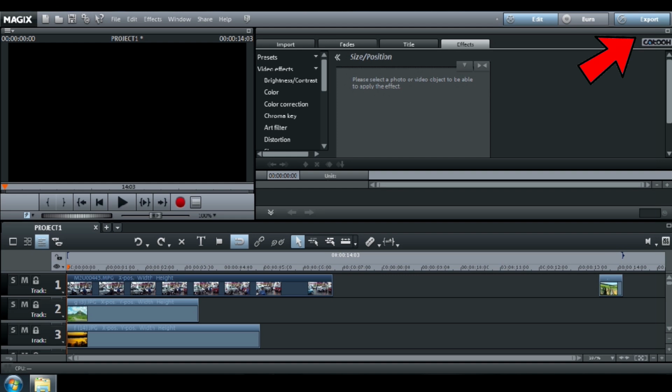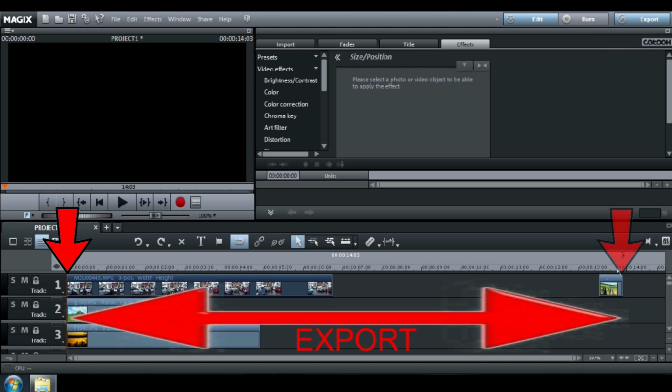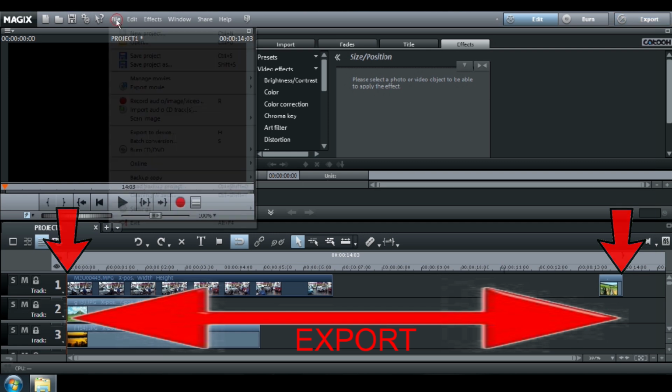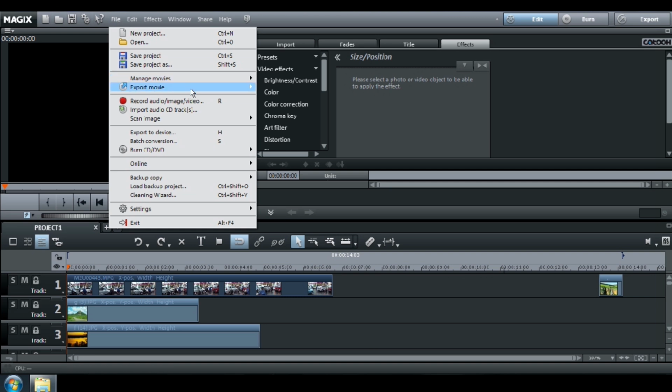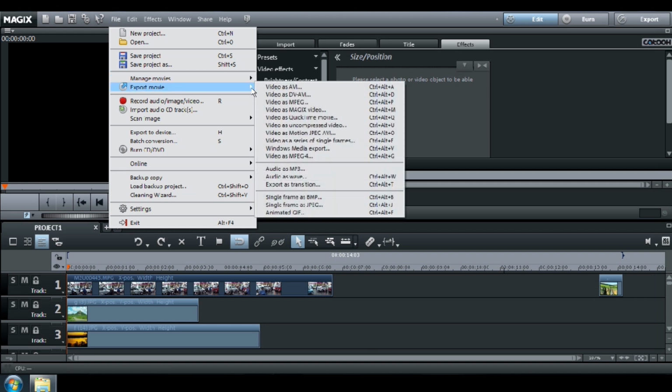Be careful when you choose this export option, as the export will be from the first file to the last one found on the track, so don't forget to delete all the files not used in your movie. If you want more options to export your movie, go to File, Export Movie, and choose your format.